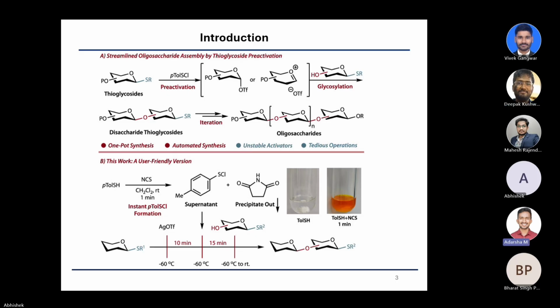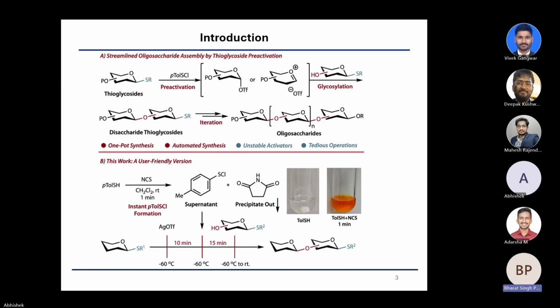That I understood. Why are they leaving it 10 minutes after adding silver triflate? Until you add the supernatant, silver triflate will not have any role. So why are they waiting for 10 minutes? That concept I didn't understand. I feel like this is just representation because the